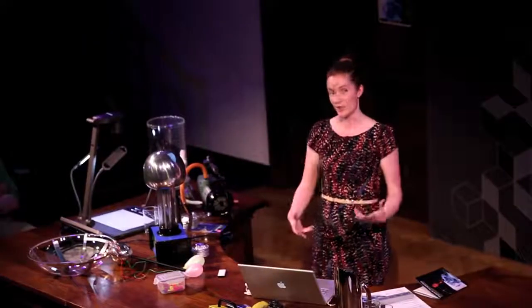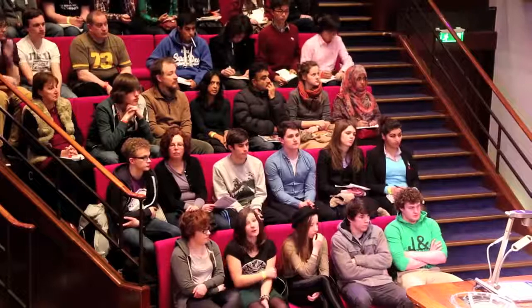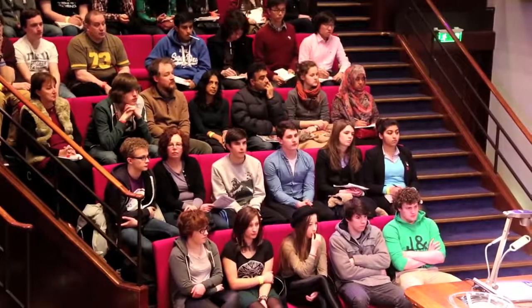Now the next thing we want to do with those particles is to give them some energy. That's the basics of how an accelerator works. You just take these particles, you give them some energy, and you do something with it. So I've got a machine here called a Van de Graaff generator, which does that on a slightly bigger